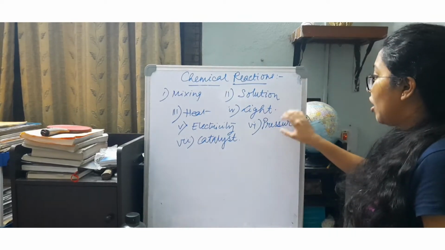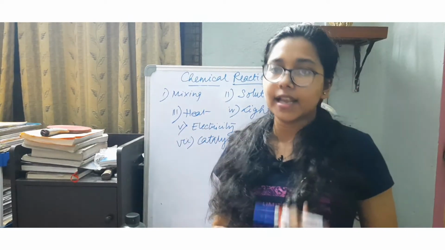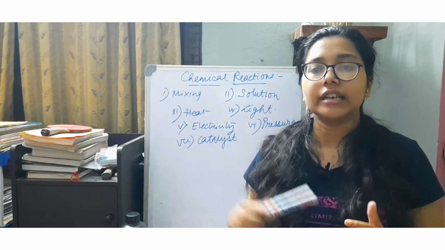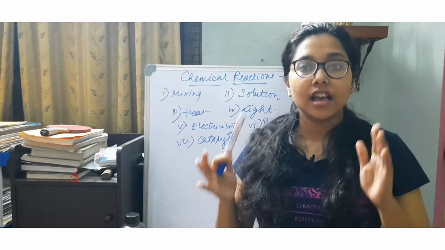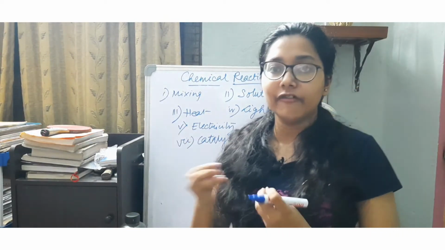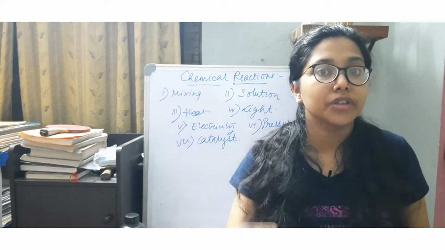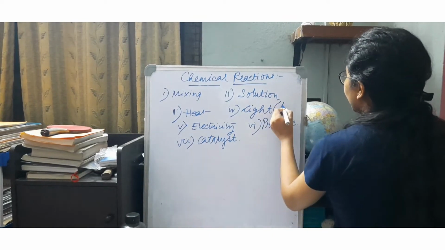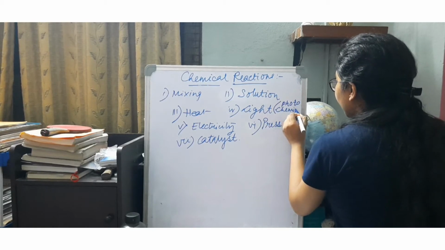Okay, so light, it can also happen that a certain amount of sunlight needs to be supplied so that the reaction is carried out. The reactions which take place in the presence of light are generally known as photochemical reactions or photolysis. That is the breaking, photolysis, which is the breaking due to the action of light. So all the reactions which are initiated in the presence of light are known as the photochemical reactions